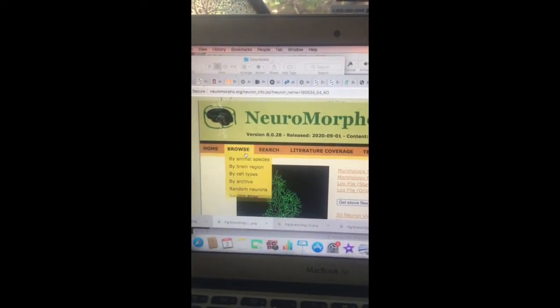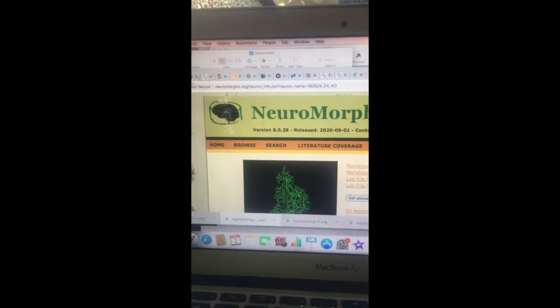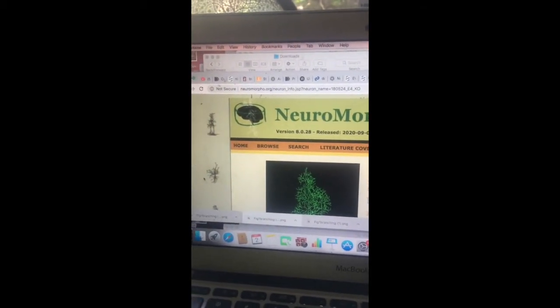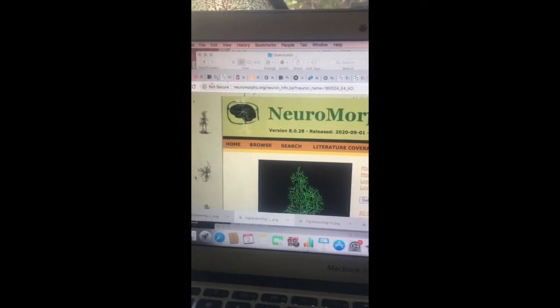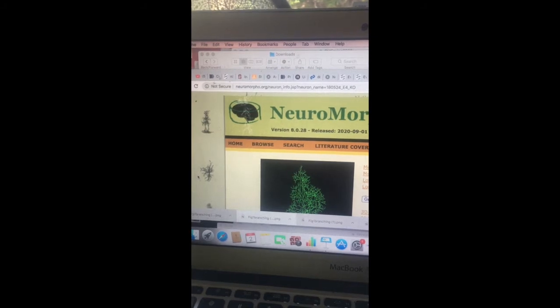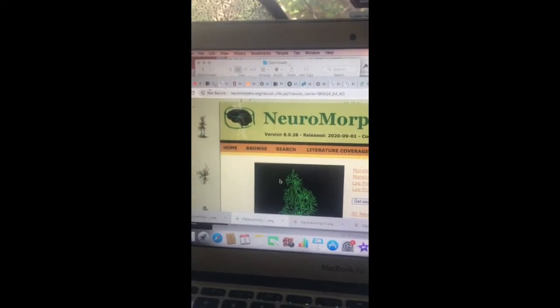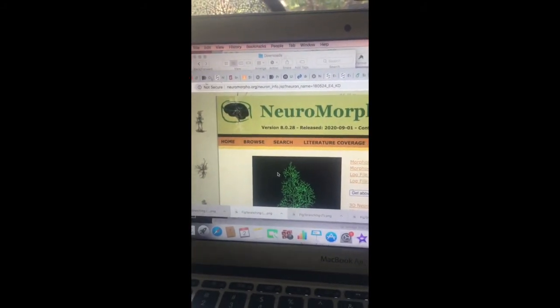It has a lot of different types of neurons from a whole range of species, from humans and rodents and what you normally think of in experiments, but also whales, chimpanzees, all kinds of random animals. And this is collected from different papers. And anyone can use it.